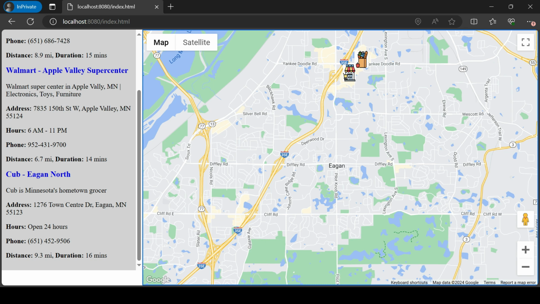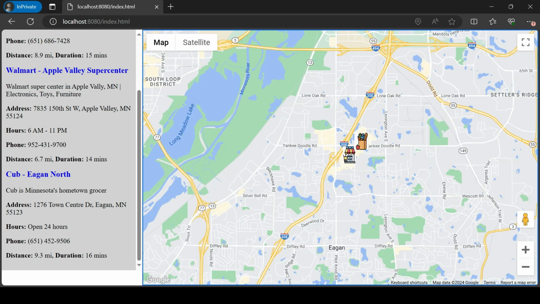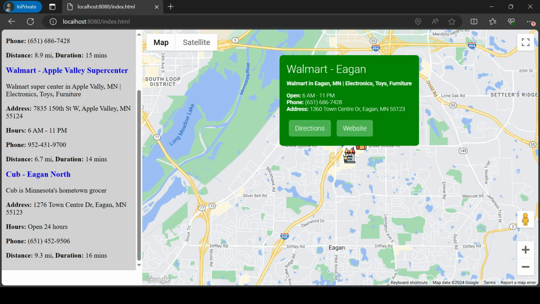This is my sample application displaying a map that shows markers for specific locations. Each marker shows different icons based on the address category. If you see here, two different icons, one for retail stores and another one for grocery stores. Clicking on a specific marker displays the information window. Let me click on this. It displays the information window with all these details.